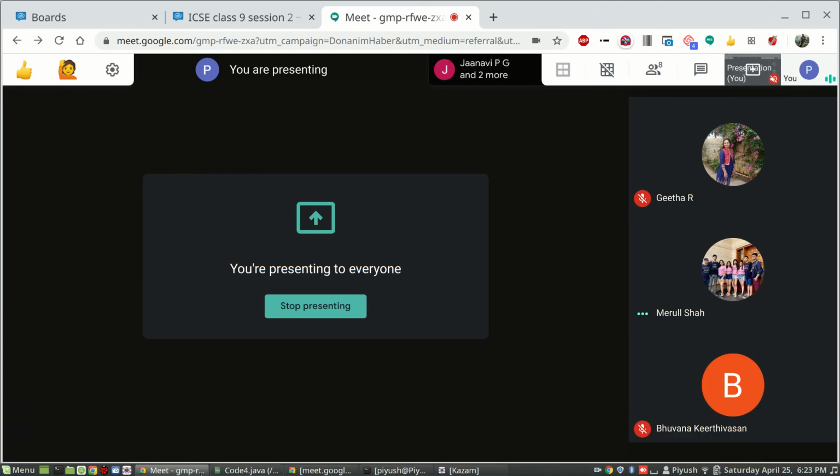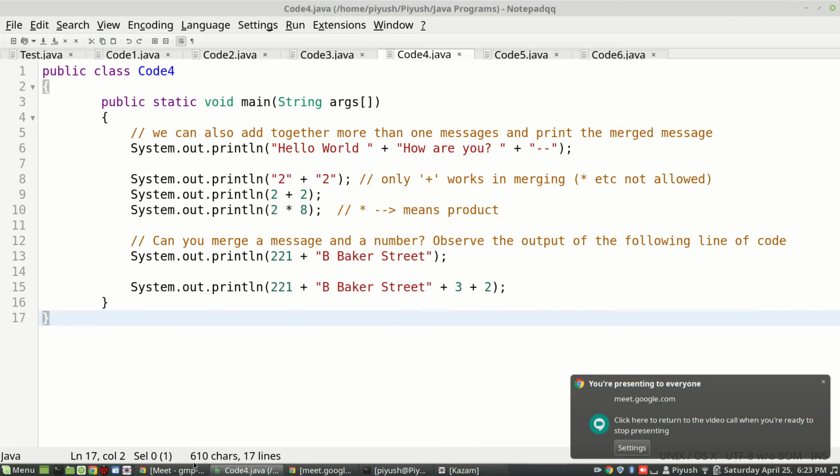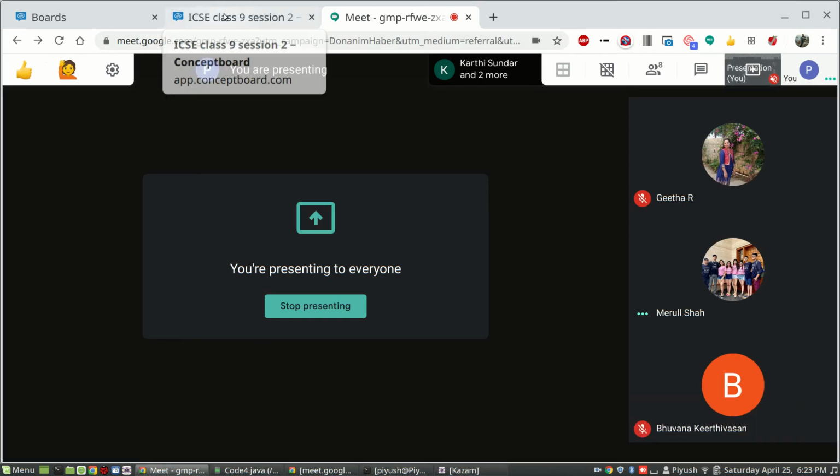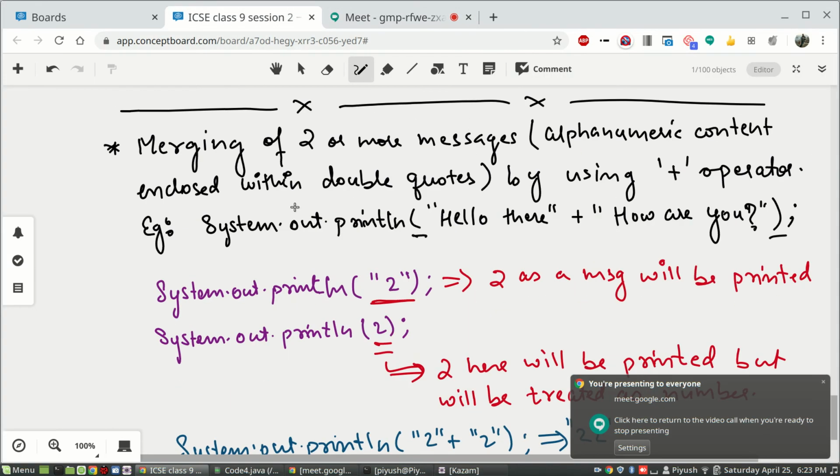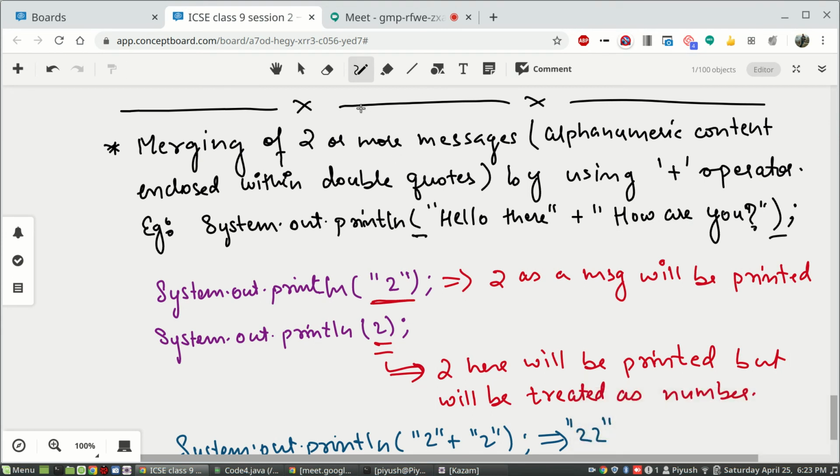One final piece of information I want to give: this merging term I am using is actually not the correct terminology in Java. Any idea what it is called? I took that name accidentally a few minutes back.